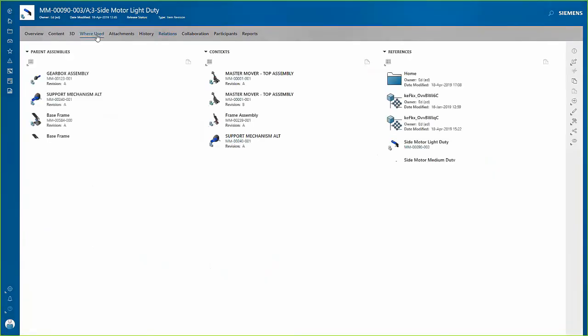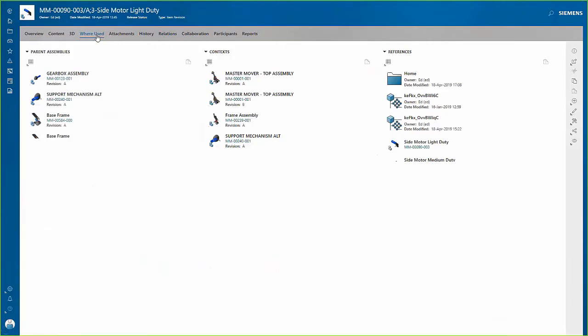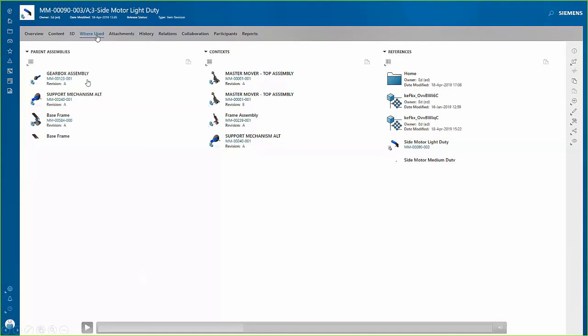And then here, with one click of the mouse, you're able to see, well, where's that used? So this side motor light duty, where's that used in our company? Maybe there's an issue with this motor. Maybe it overheats, and you now want to go through a change process to resolve it. Well, what's the impact across the company? How many different bills of materials need to be updated? We use this in one product, we use this in 5 products. Where is it? Just like I said, with one click of the mouse,